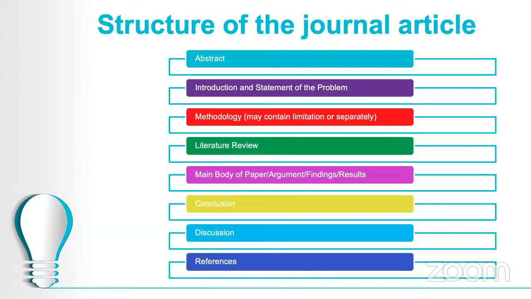I have observed that there is mostly the conclusion. Conclusion means you just conclude what your research is. Discussion is something which is related to your study and which connects with the other studies. So what recommendations, what lacunas you found, what can be done further, something like this, you can write in the discussion. Okay, so this is typically a structure of the research article, which you can always keep in mind.